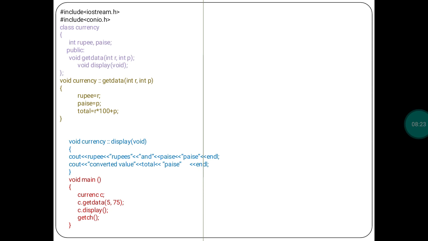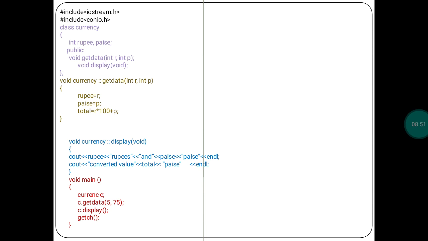Okay. So once again I will repeat what is important in this. Declaration and definition of class, means how to define a class and how to declare a class. After that, access specifiers. 3 access specifiers are there: private, public and protected. Then members of a class. Members of a class means 2 types are there, inside the class and outside the class, that you have to learn in this program only.